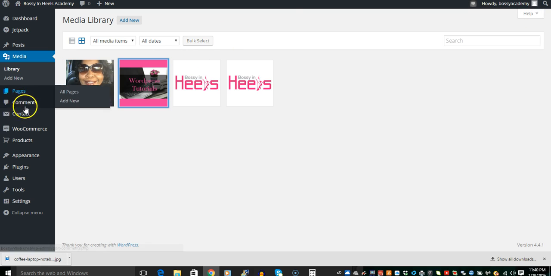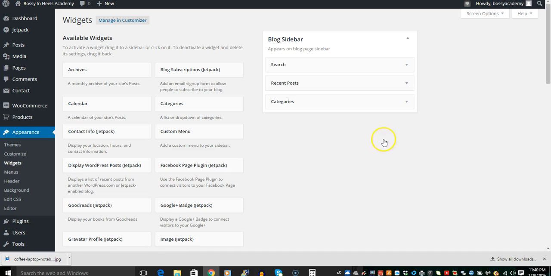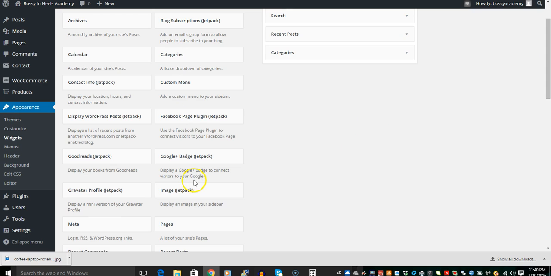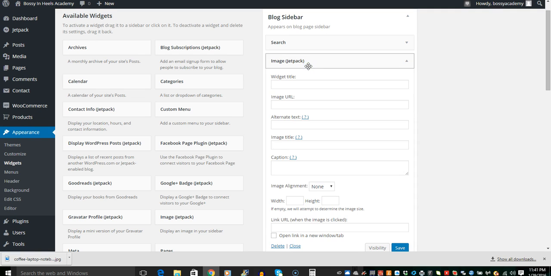Okay, so I'm going to go back to appearance to widgets because I want to add that photo into my sidebar. So I'm going to go down to image jetpack and I'm going to add it to my sidebar. Where would I want to add it to? I'll add it right here. So it has a widget title, and I can